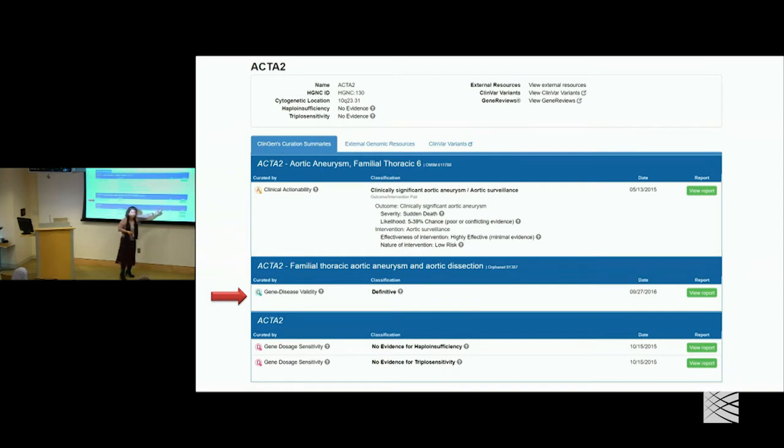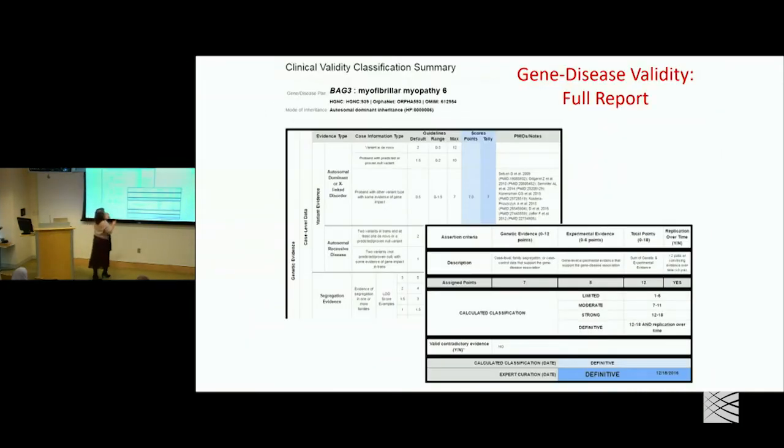Now, it's very critical, the date, right? Knowledge evolves, things change over time. And the good thing is things that hit definitive, we don't feel we need to continually review, but things that are lower than that, you have to go back because new papers will be published. So once you click on that view report, you'll see the way the scoring was done, the publications that were done, and the final and the expert reviewed classification, the date it was done.